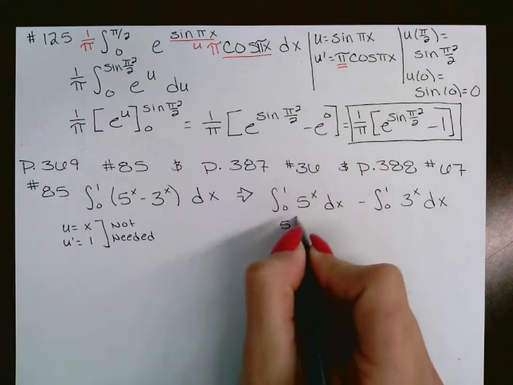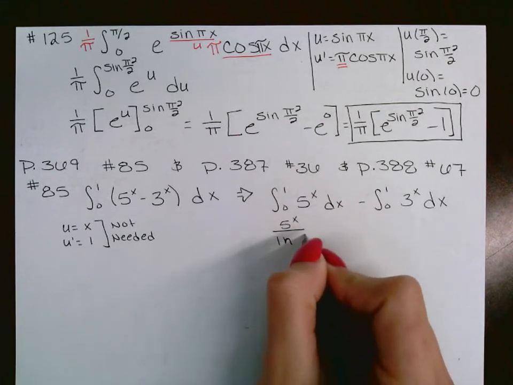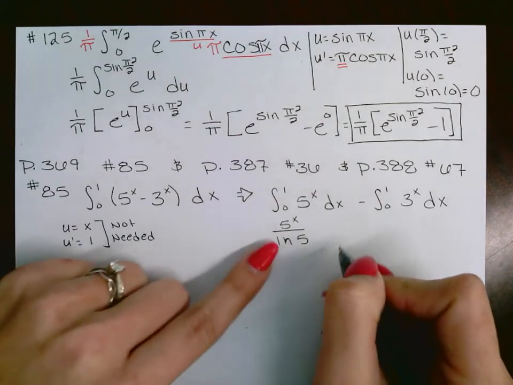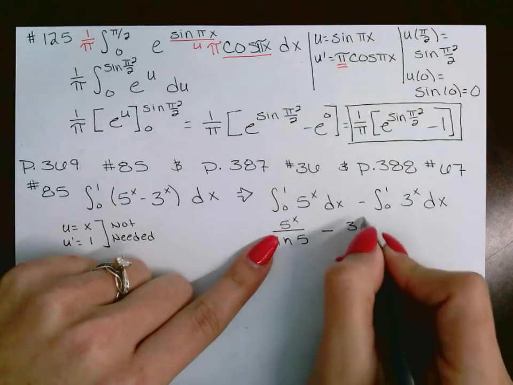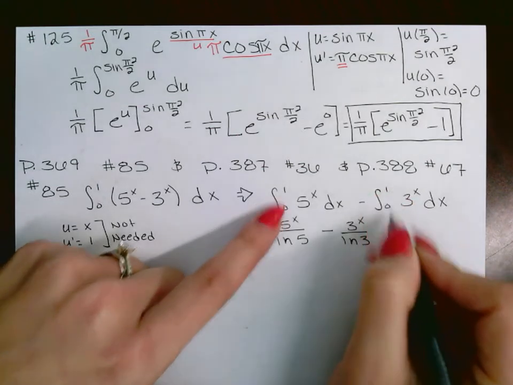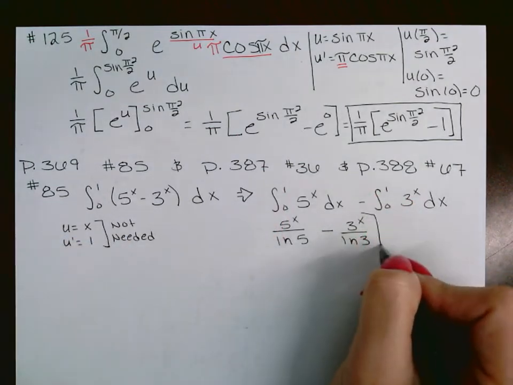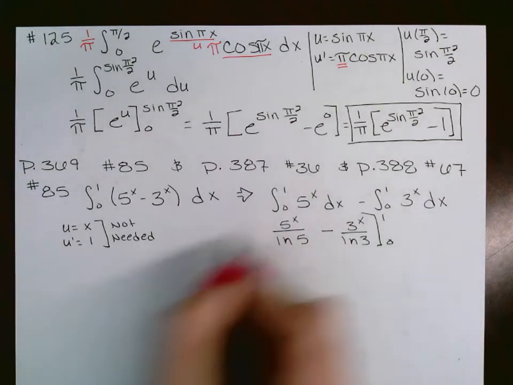The original function over ln of the base, so that'll be my answer for the first one. Minus the second one will be the original over ln of the base. And since they both have the same limits, you can just write it once. Okay? So I'm going to scoot on over and I'm going to